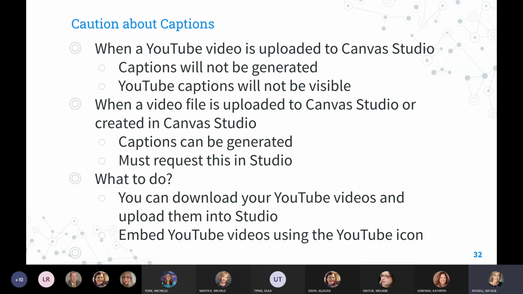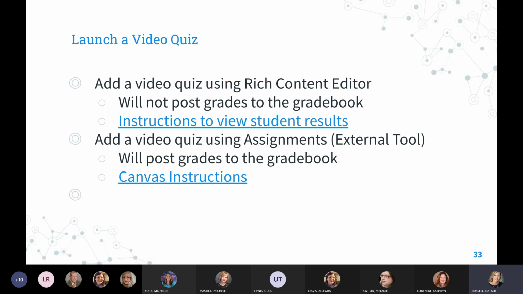Finally, this is just a summary of my thoughts about the best practices with captioning, just because of that issue: when you bring a YouTube video in, Canvas won't auto caption it. You could obviously put in a transcript. There's ways around that, but those are just my